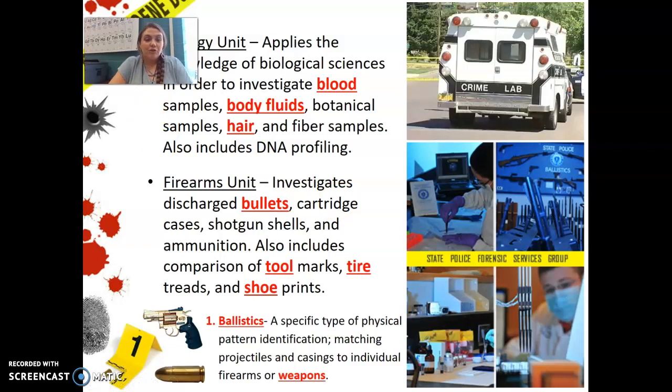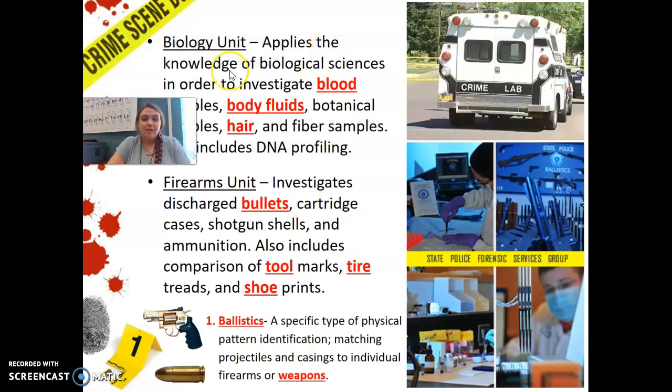Then we have the biology unit. The biology unit would be anything biological. So it could be blood, body fluids, botanical samples, that's plant samples. Could also be hair and fiber. And they do DNA profiling. Then there's the firearms unit, so anything that has to do with a weapon, basically. Discharged bullets, cartridge cases, shot